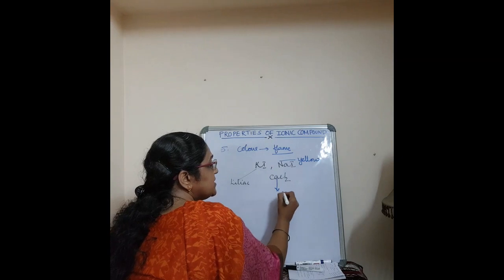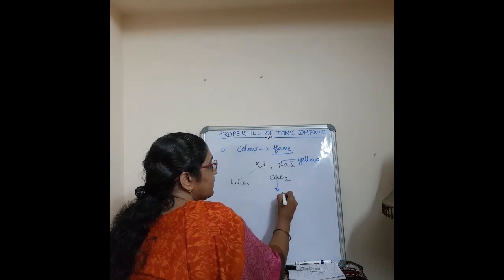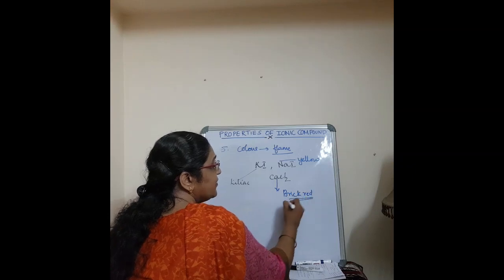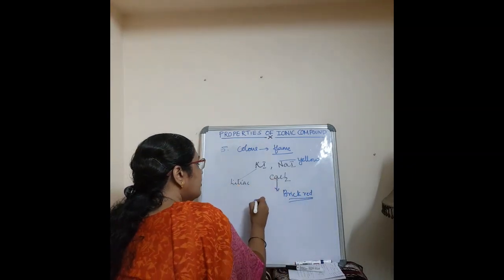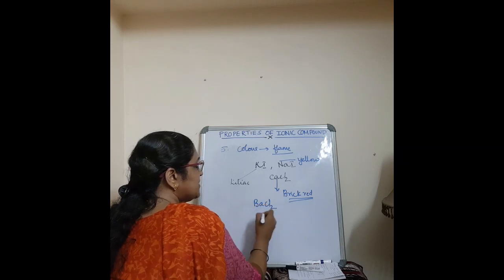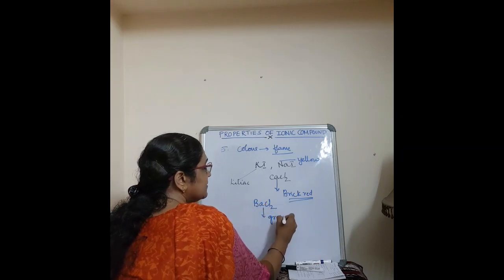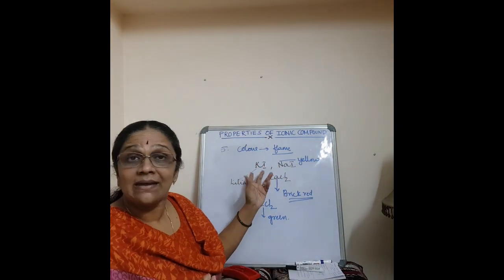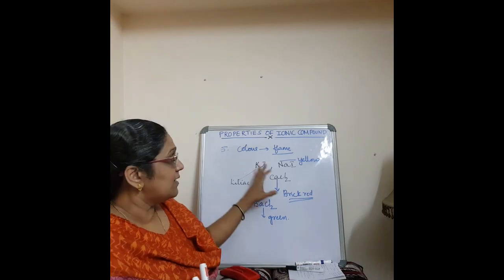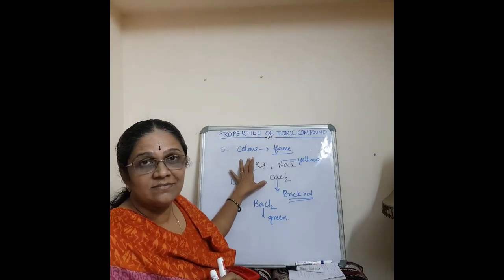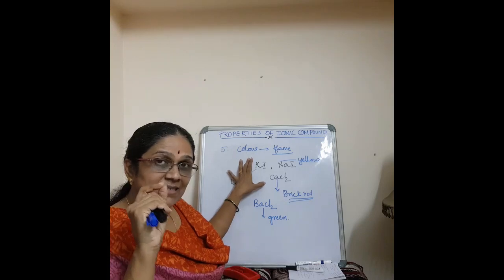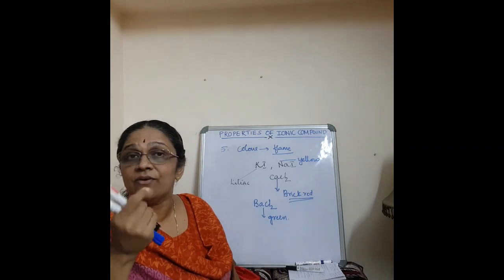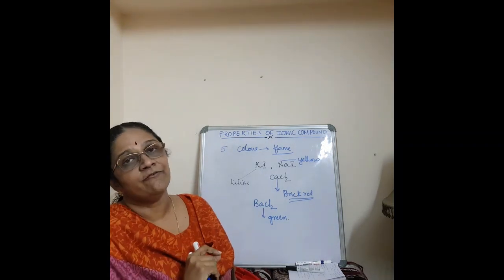Now calcium chloride salt will show a brick red color. You know brick, right? That red color of the brick. Or if you have barium chloride salt, it will show a green color. Which means that each salt or each ionic compound has a characteristic color. Actually, the color comes from the metal. In particular, it is a characteristic of metals, but we will say ionic compounds show a characteristic color when shown to a flame.